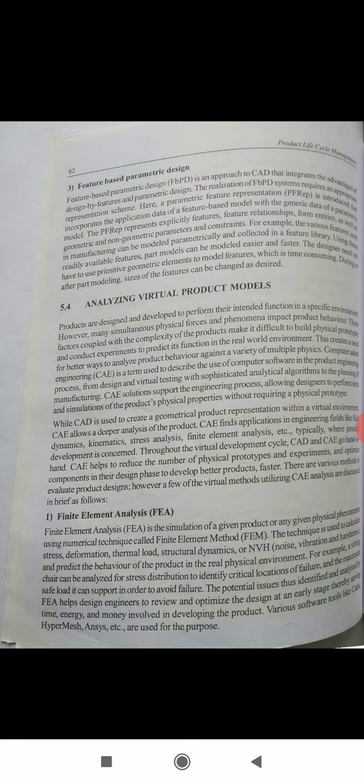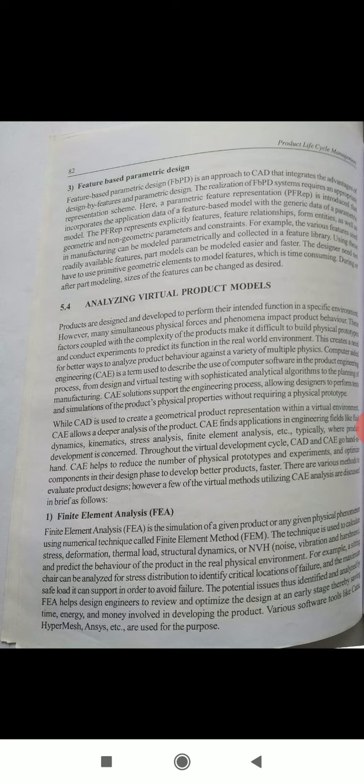These factors, coupled with the complexity of products, make it difficult to build physical prototypes and conduct experiments to predict their function in the real world environment. So this creates a need for better ways to analyze product behavior against a variety of multiple physics.